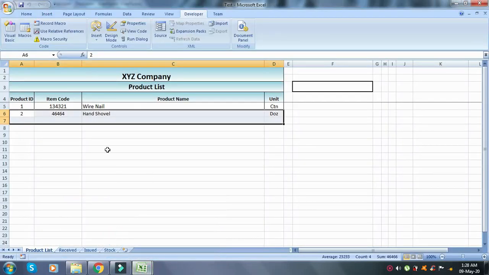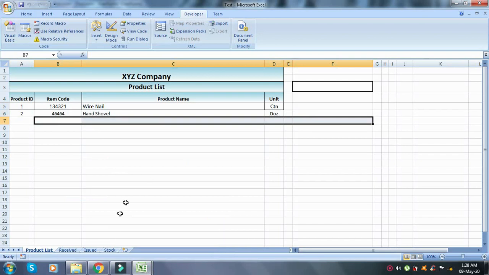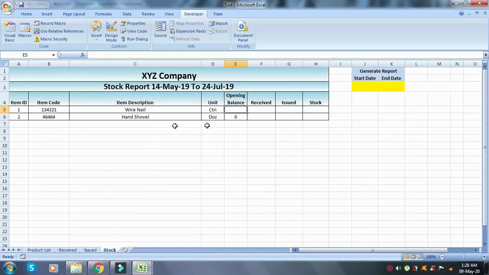Now we'll check this. As you can see here, the product is already added, and in the stock sheet you can see it has already added the product as well. Not only the item is added, but also the formatting, and in the opening balance, the balance is 0.